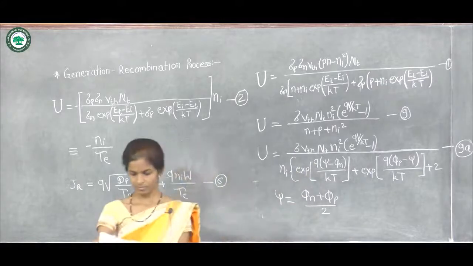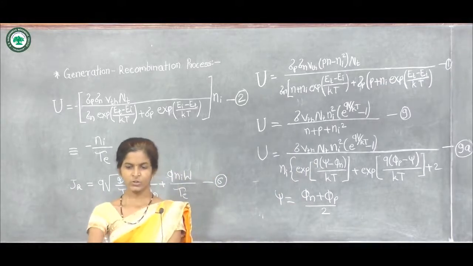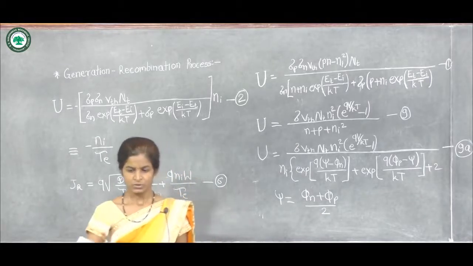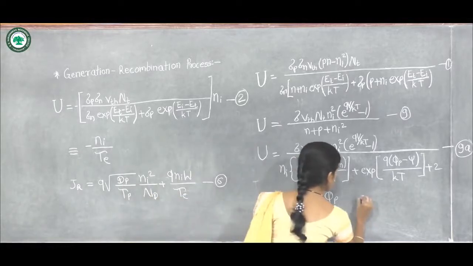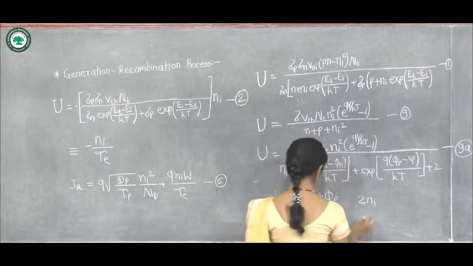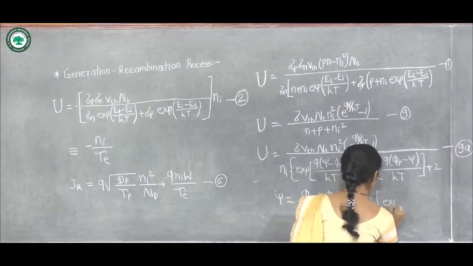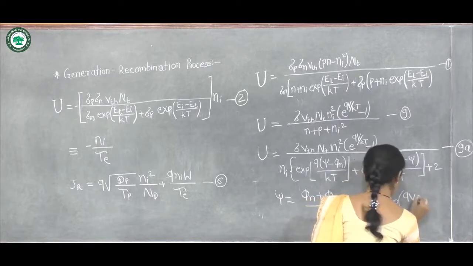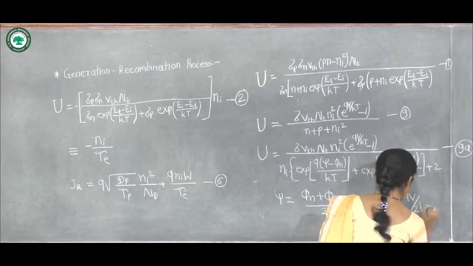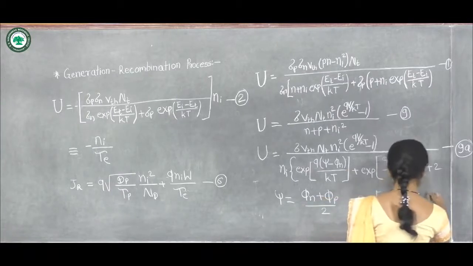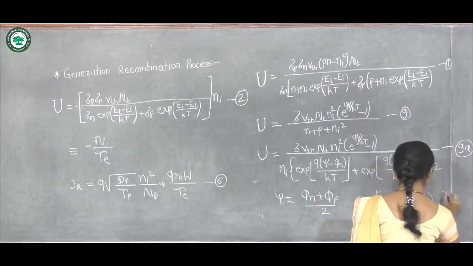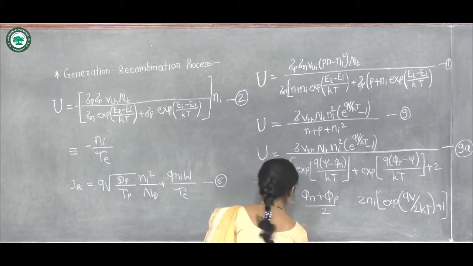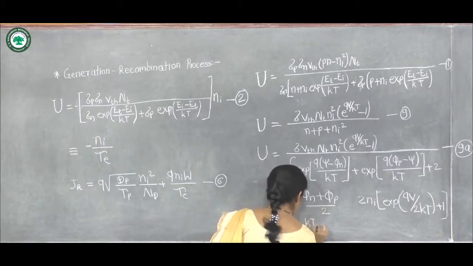And so the denominator of equation number 9a becomes 2 into Ni into [exponential of qV by twice kT plus 1]. And we obtain, for V greater than kT by q,